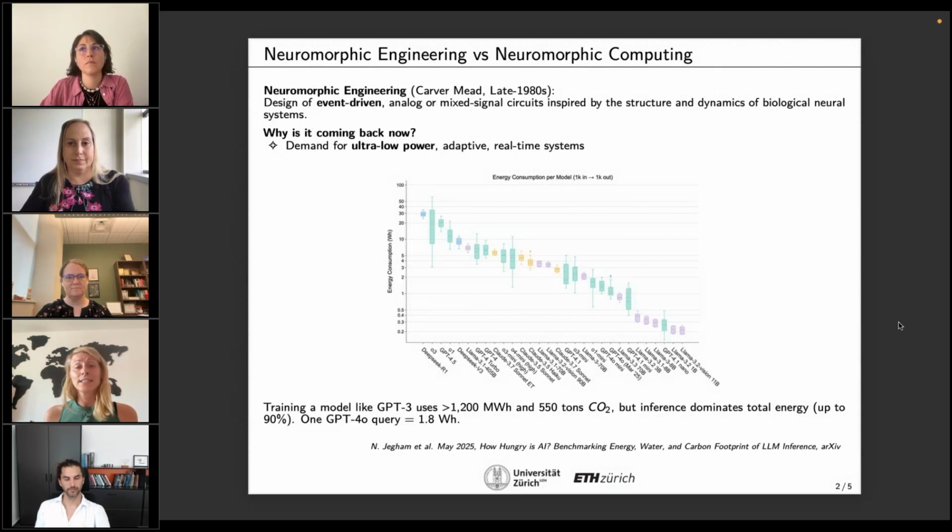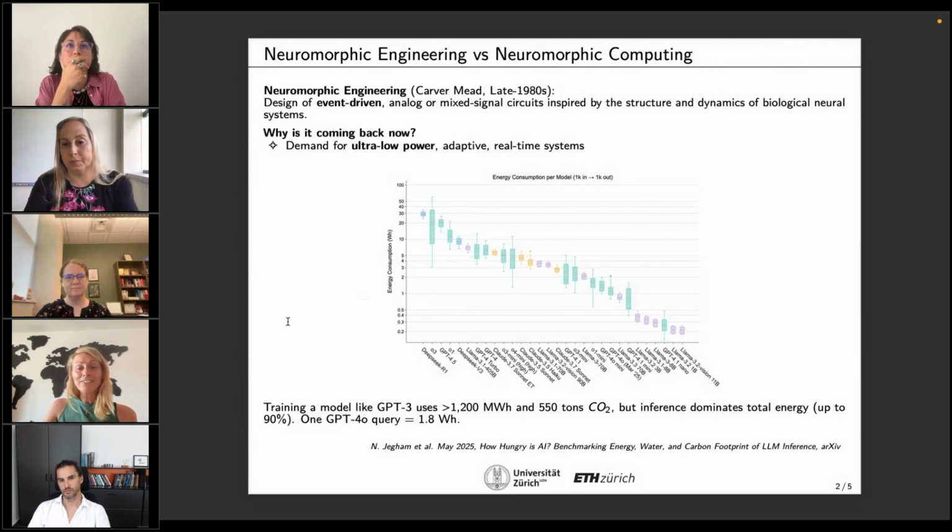And you can see here in this plot the energy that is required for one query, with a token dimension of 1 kilo in input and 1 kilo in output. Of course, if you have something that is more like 10 kilos, the energy is much higher. So this is what is required for a query. For a long time, when I was discussing with people doing deep learning and AI, and we were claiming that it's very computationally expensive to do the training, everyone was saying yes, but the training is something that happens once